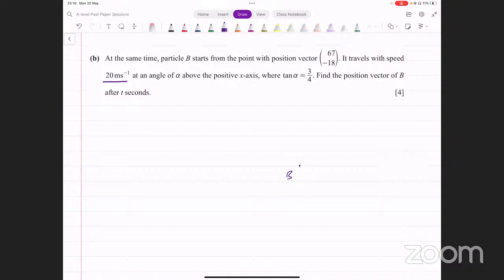Tan alpha is 3/4, sorry. अब देखें, tan alpha अगर 3/4 है, एंगल क्या है, above positive x axis ने कहा ये एंगल है. tan क्या होता है, perpendicular over base. So if 3 is perpendicular, 4 is the base. तो अगर ये 4 है तो ये perpendicular कितना है, 3 है. तो इसका वेक्टर क्या बना, फिर डायरेक्शन वेक्टर क्या बना,